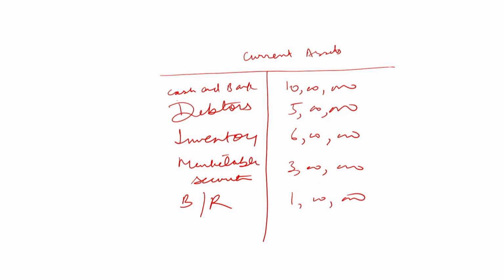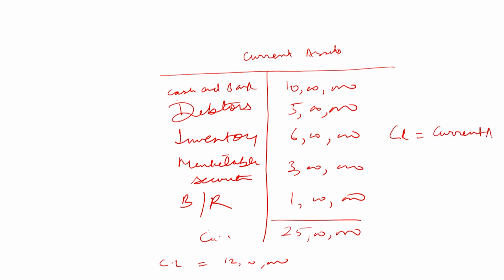So, the total of current assets is rupees 25 lakhs. And the current liabilities, as given in the question, is 12 lakhs. So, we have to calculate the current ratio, which is current assets upon current liabilities. Assets amounting to rupees 25 lakh divided by 12 lakh, the amount of current liabilities, which equals